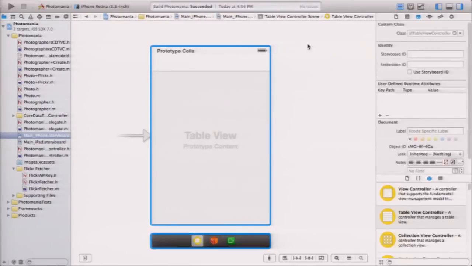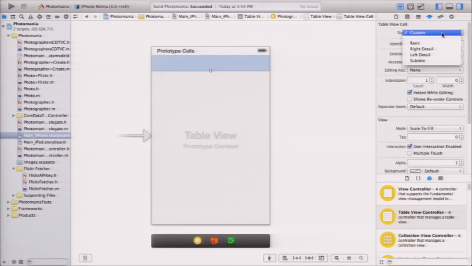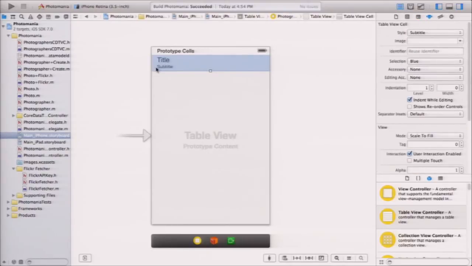I'm going to set it to be a photographer's core data table view controller, right? Boop. And then let's set up our cell the way we want. We want it to be subtitle because it's going to have the photographer name and then how many photos they took. We need to make sure it's photographer cell is our reuse